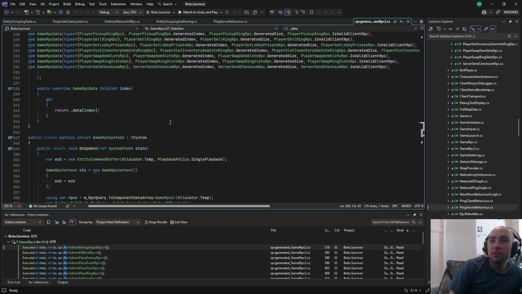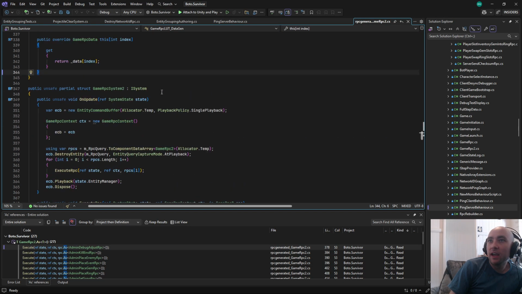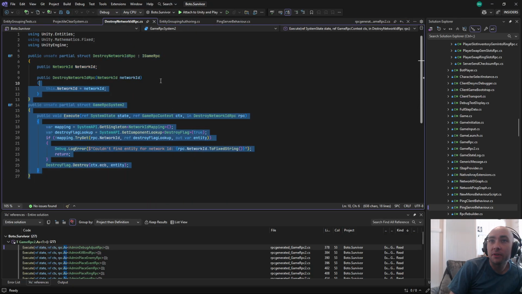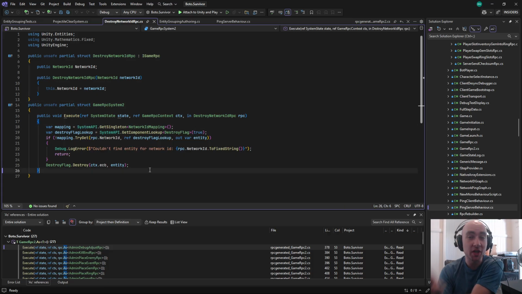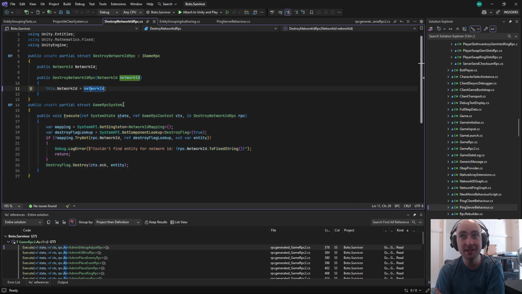But yeah, so this is all generated. And that means that the only thing I actually have to do is write this, right? And the way that I generate that file, to save myself the trouble of having to do all of those extra things, and still have it be efficient, and be able to access the system API, which I cannot use if this execute method was inside of this struct,